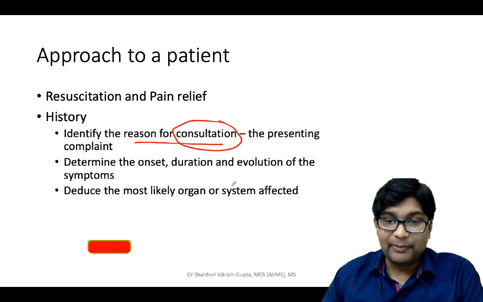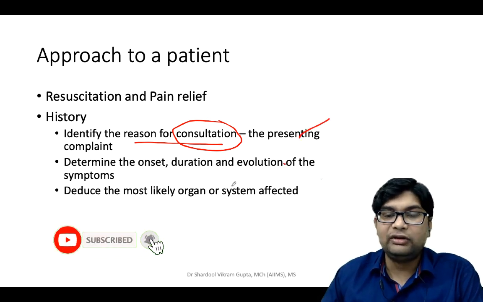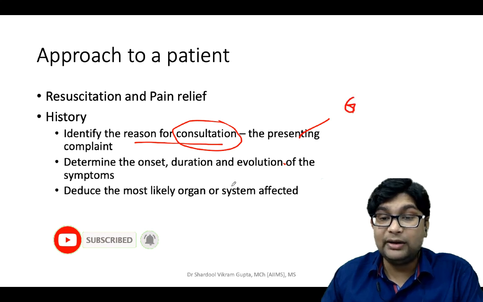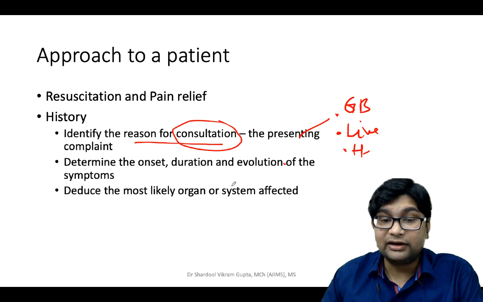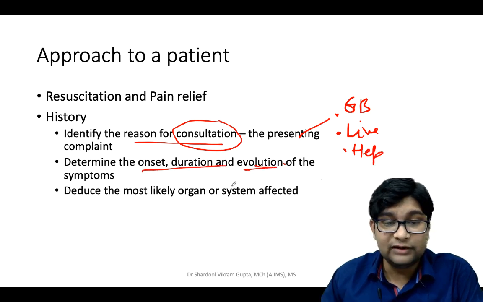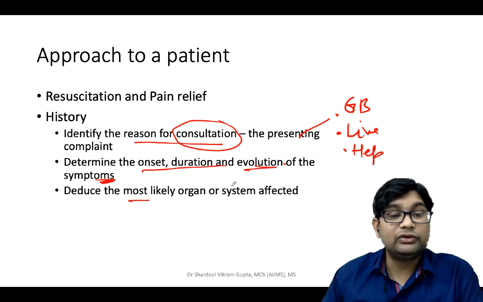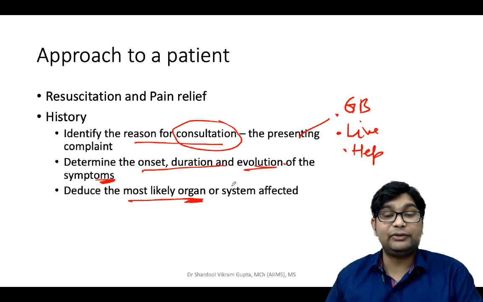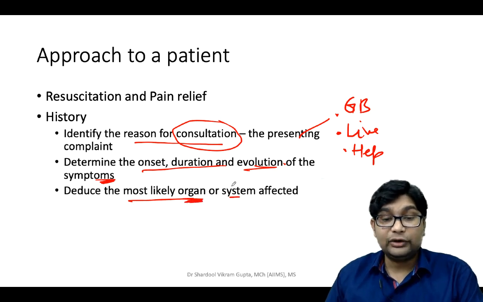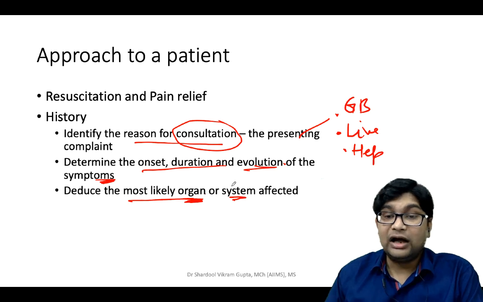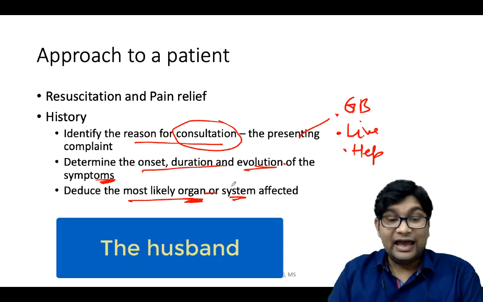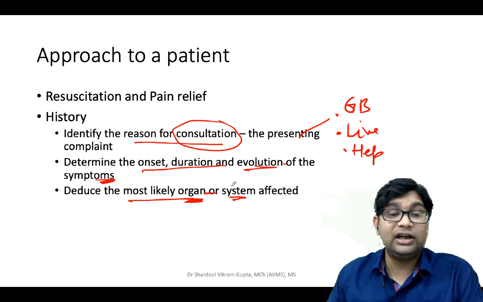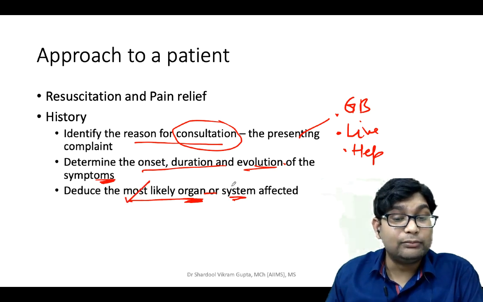So here, in the presenting complaint, you will say that everyone is a suspect. Gallbladder, liver, hepatic flexure, everyone is a suspect. Then you have asked the duration and evolution of symptoms and associated symptoms. Then you will say that I have picked up the most likely organ. So most likely organ, meaning if there is a husband-wife fight and the wife gets murdered, so who is the most likely suspect? So in the same way, in our history and examination taking, you will have to pick the most likely organ based